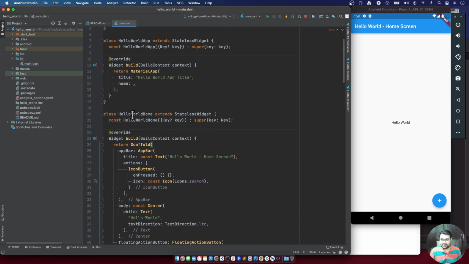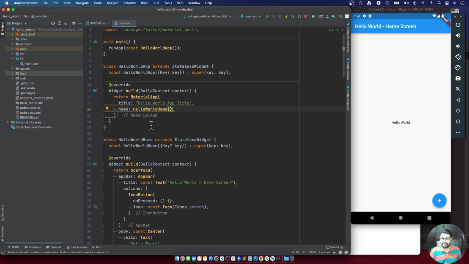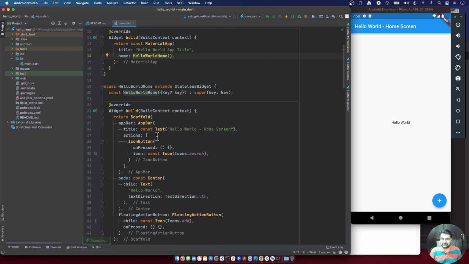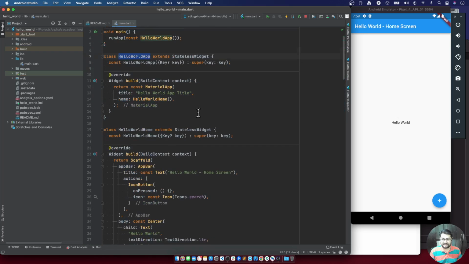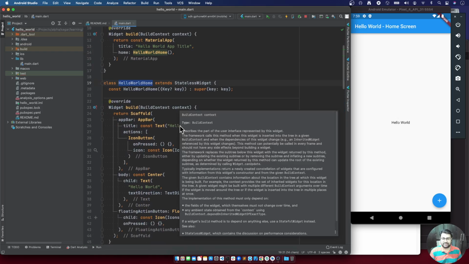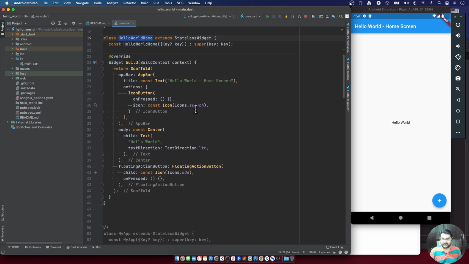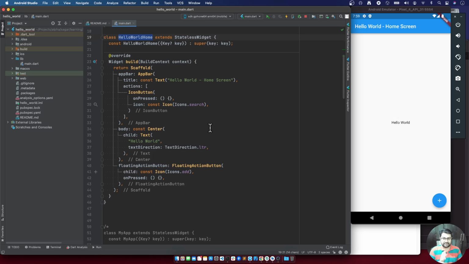So, and for the home parameter, we can simply pass the constructor of it, and we would get rid of this warning with the help of IDE, and we are all good. So we have a material app in the app class and home screen in a home screen class. We can do further